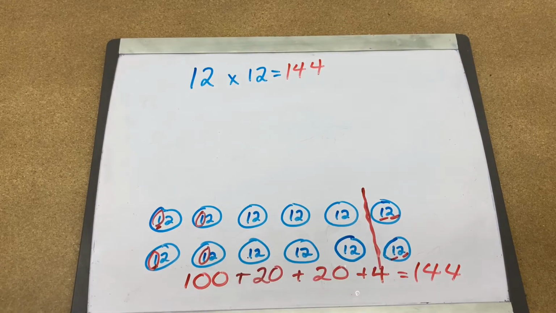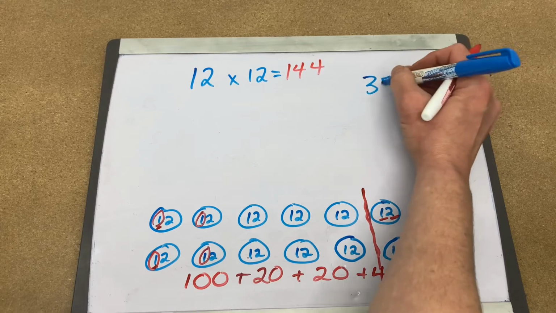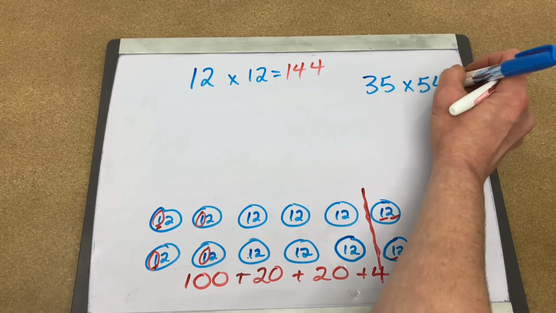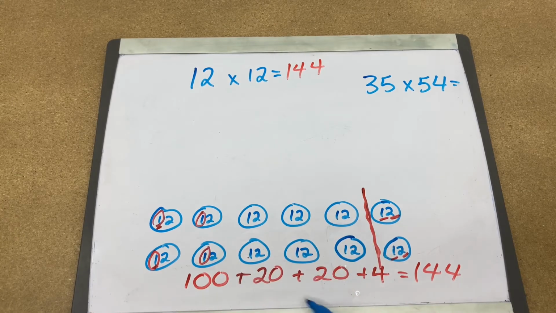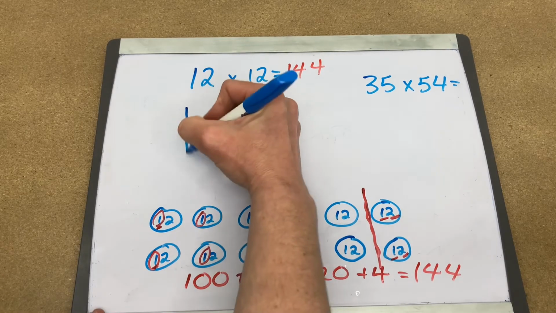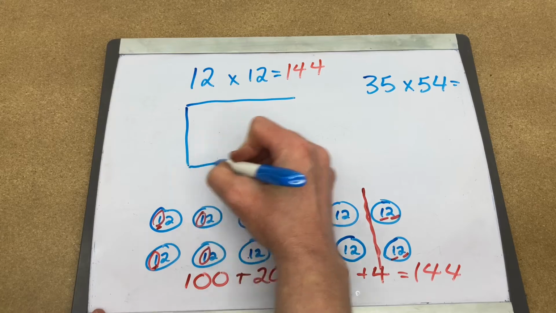But what happens if I have a question like 35 times 54? I'm not going to draw 35 groups with 54 in each group, or 54 groups with 35. That's going to take me too long. So we have to find another shortcut. So we're going to draw a box